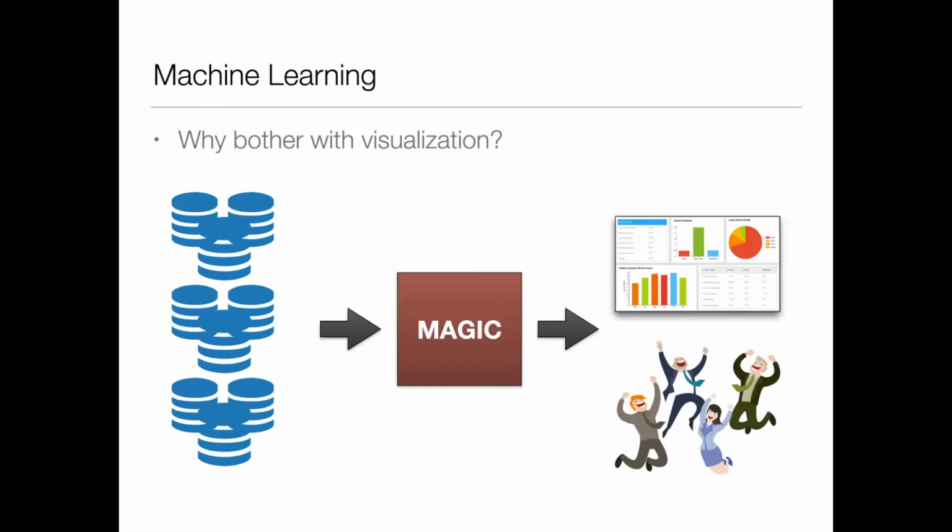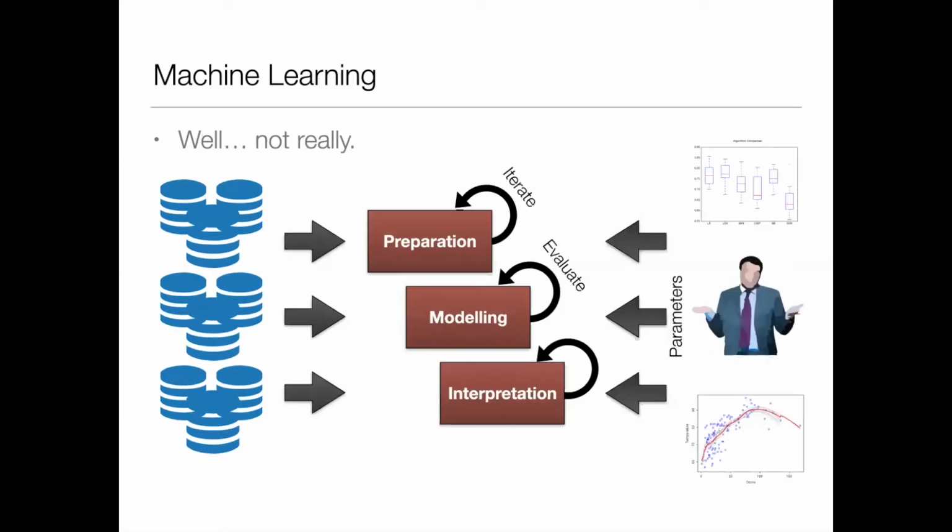We build huge ensembles of classifiers, and we do all kinds of things, and they just work and everybody's happy. Well, not really. The truth is much less interesting and much more